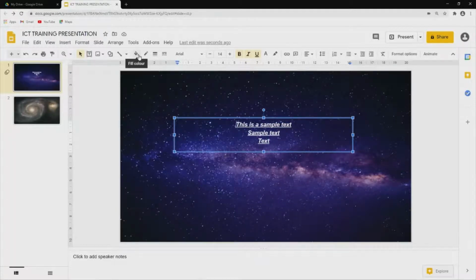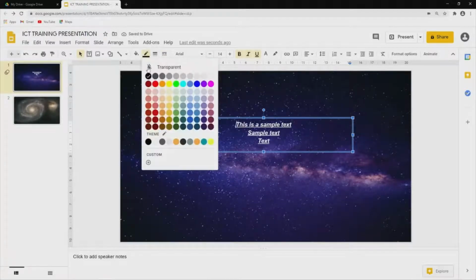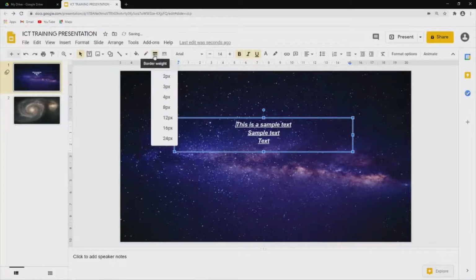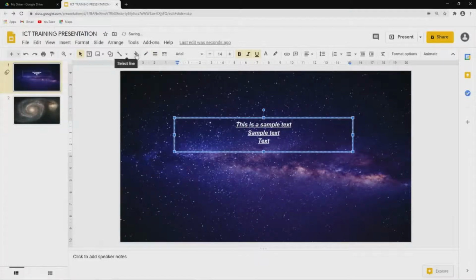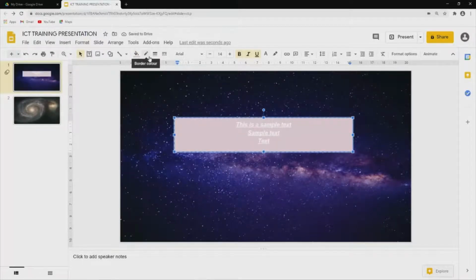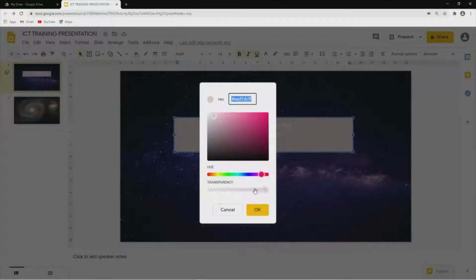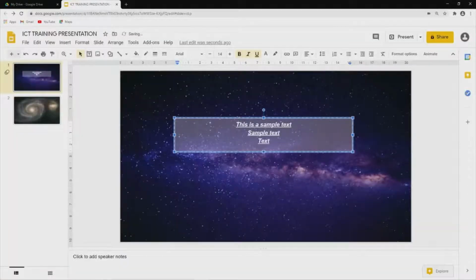So this is for the border. You can have a border weight of 1 like this, or like this, and you can change the color into white also, and fill color with pink, right? And you can set the transparency and select OK, so that it will not totally block the